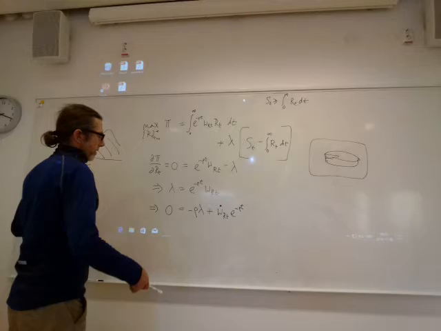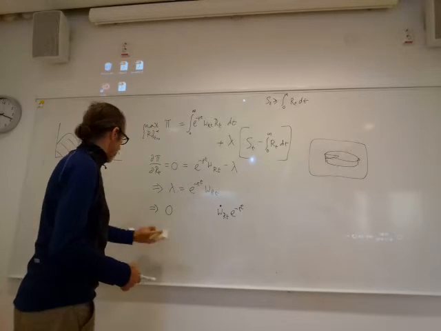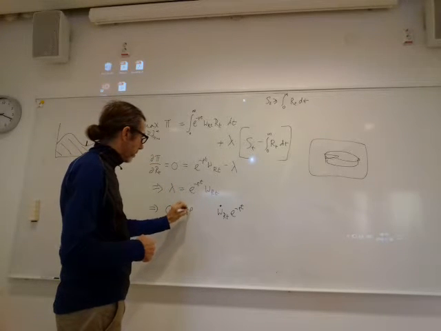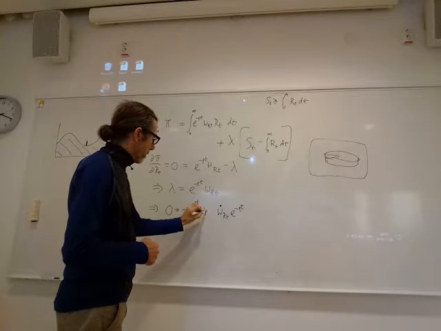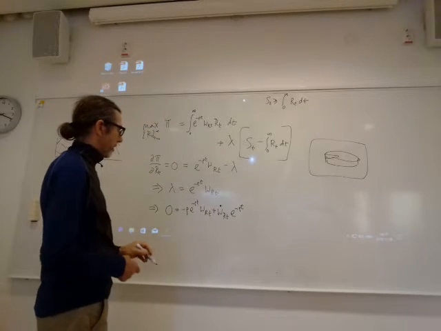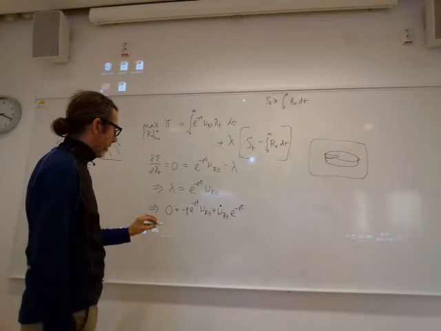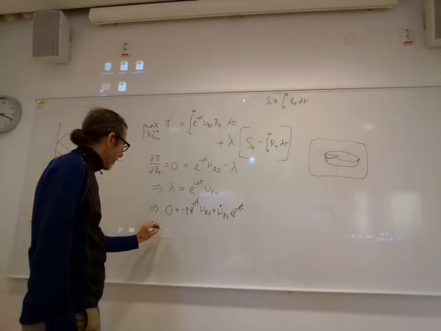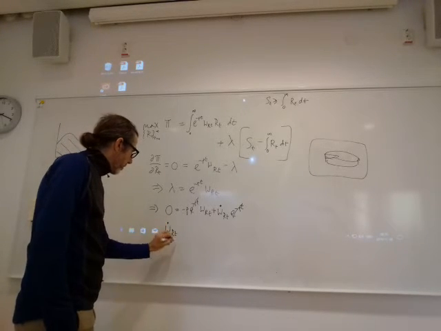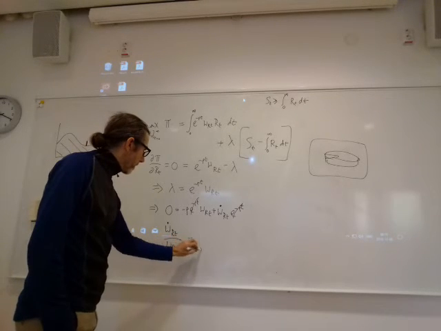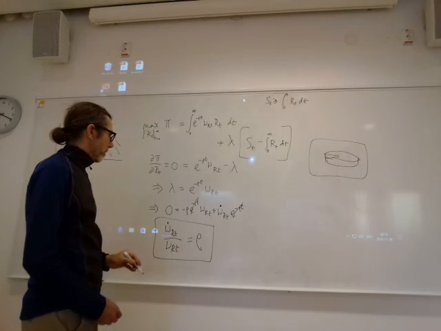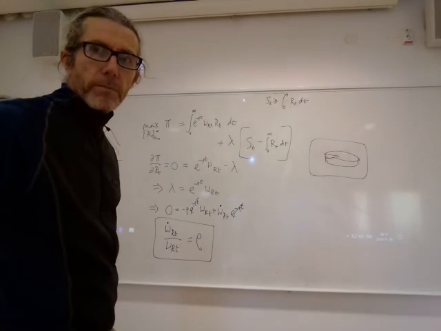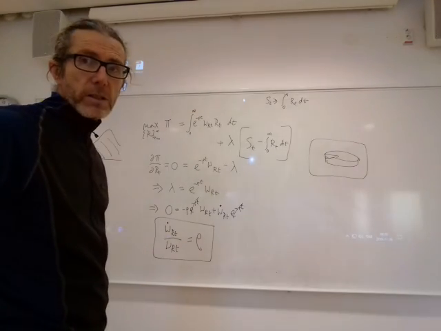So maybe in this case, it's easier if we just differentiate in the more standard way, and we just say it's minus rho e to the minus rho t W(R_t) plus that equals naught. So then when we rearrange this, we can cancel those and rearrange, and we end up with W(R_t) dot over W(R_t) equals rho. Okay, that is hopefully